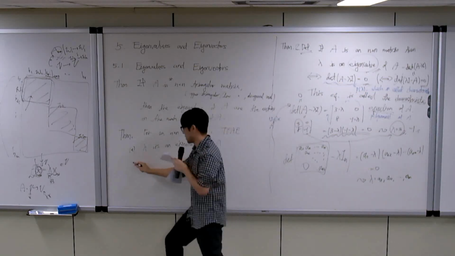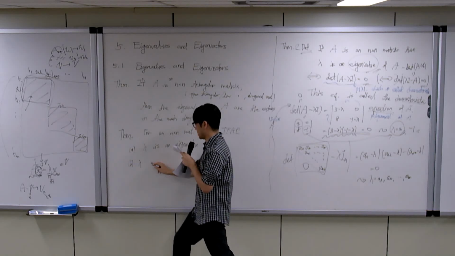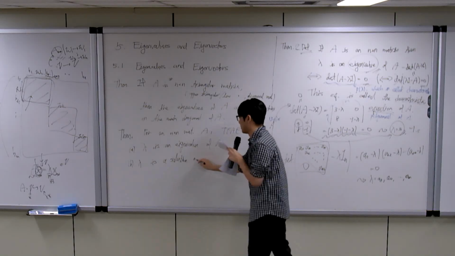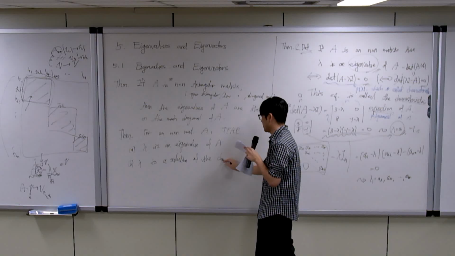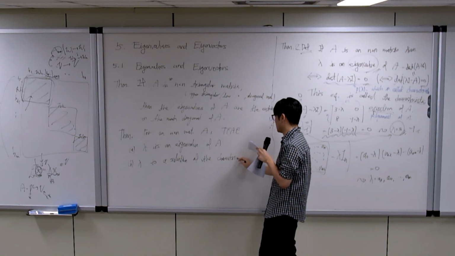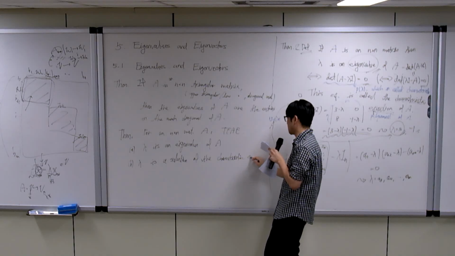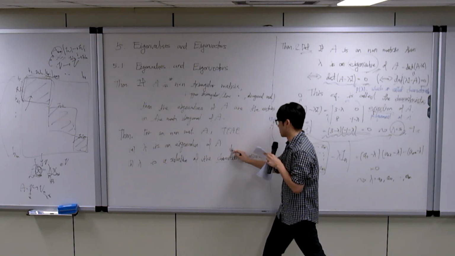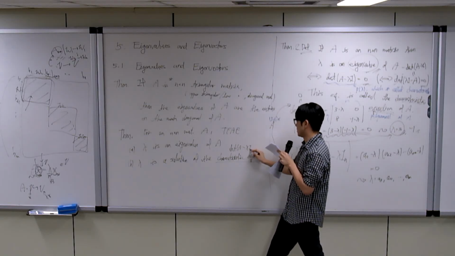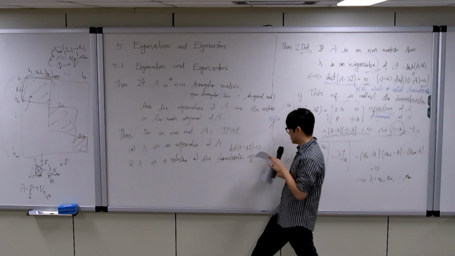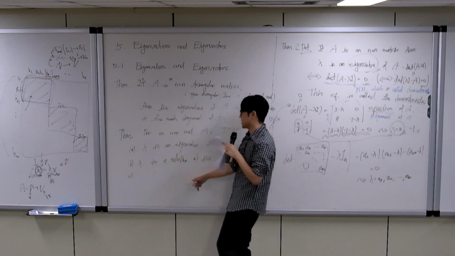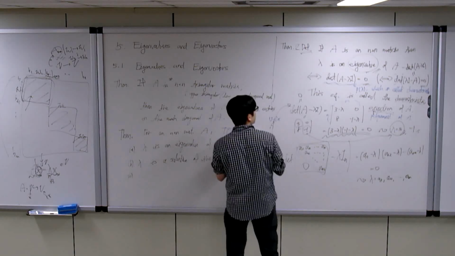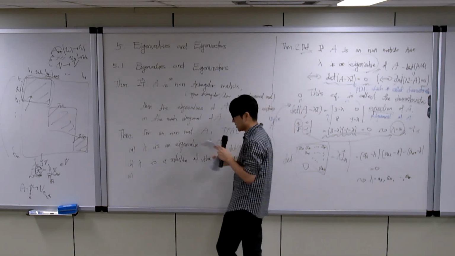So it is the same as lambda being a solution of the characteristic equation. It was determinant of A minus lambda I equals 0. Then lambda would be the eigenvalue, and it has an if and only if property, and